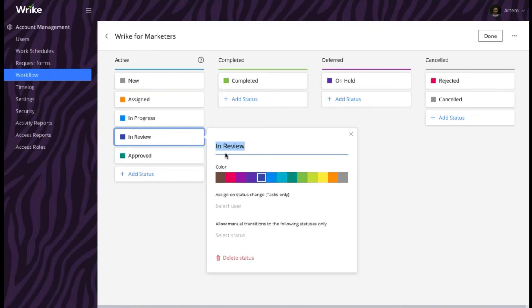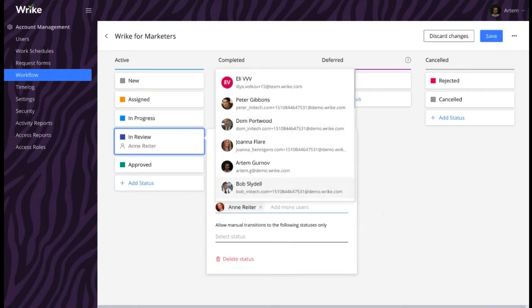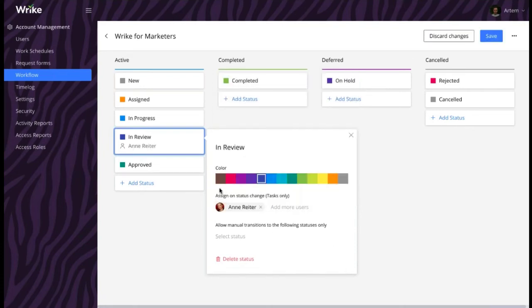Then you click on the status and add these users to be attached to this particular status. So now, whenever any task receives the status called in review, she would automatically get notified by Wrike that she now needs to provide her opinion and either approve or request some changes and provide